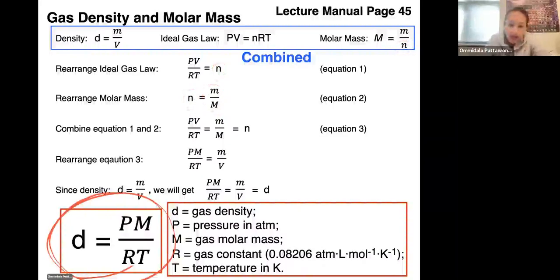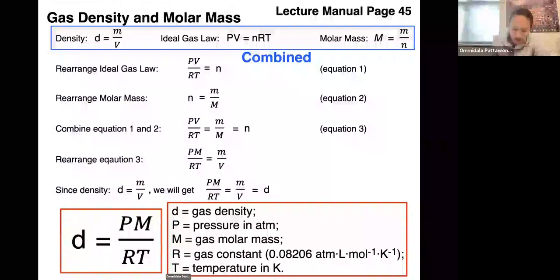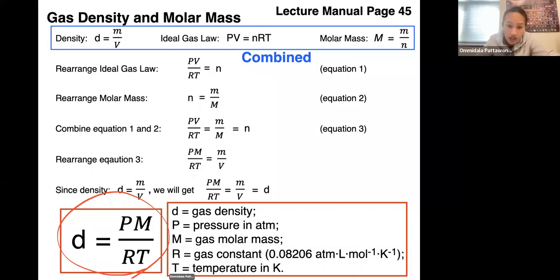This one is going to be given on the exam, but you will need to know what each of those terms are. So this part right here would not be given, only the equation is given. You just need to know what each of those terms mean. Again, you do not need to know how to derive it, but you need to know how to use it. If you combine all of those 3 equations, you are going to get that the density of the gas equals pressure times its molar mass